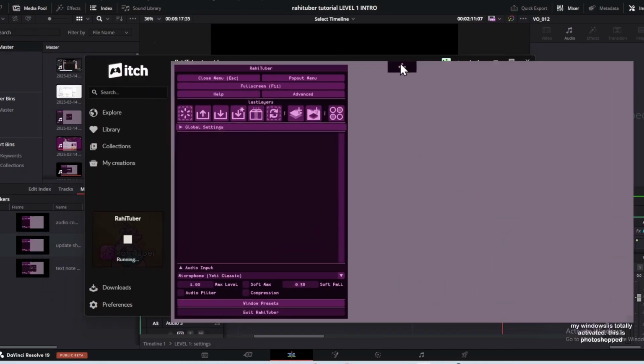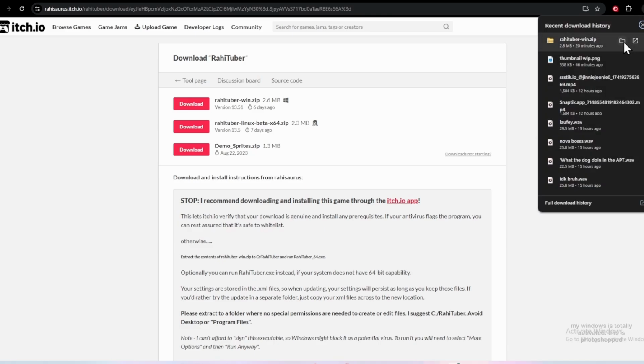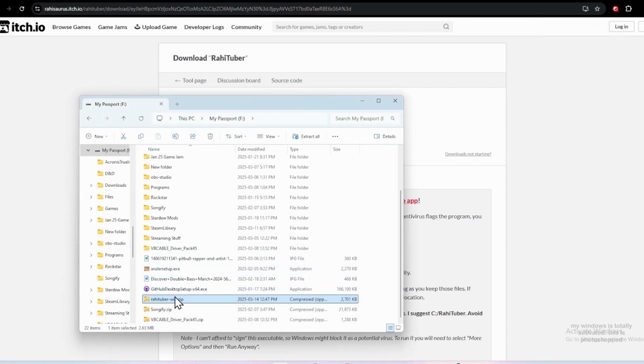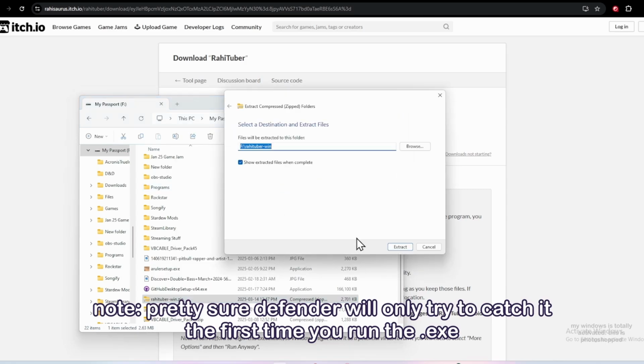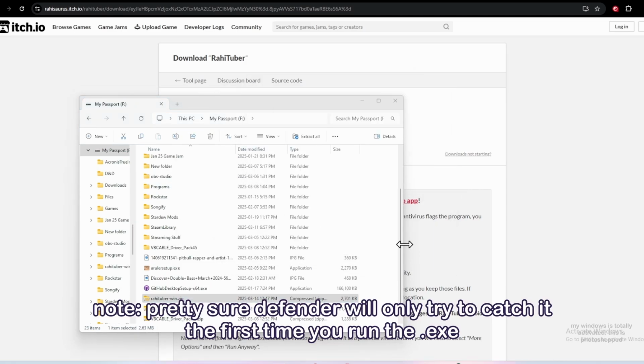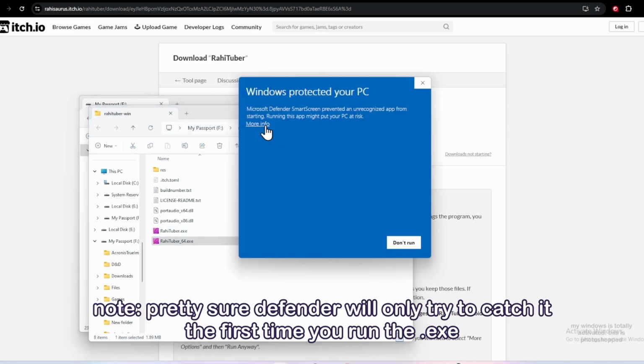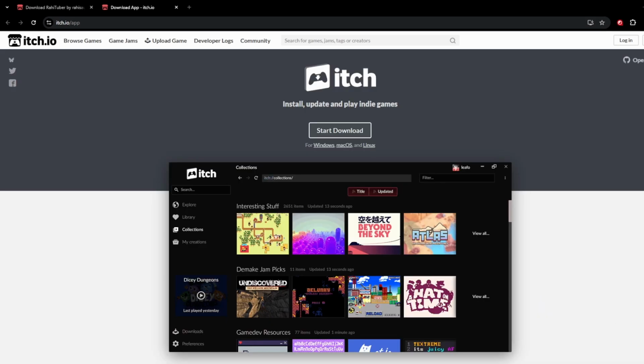by Windows Defender. If you did decide to download it manually, note that since RahiTuber is free and signing an executable is not, it isn't signed, and so your Windows or your antivirus might try to block the exe specifically. You can usually bypass this by selecting Run Anyway when prompted. If you're having any trouble beyond that when it comes to your firewall or your Defender being angry, I definitely recommend using the itch.io app method instead.